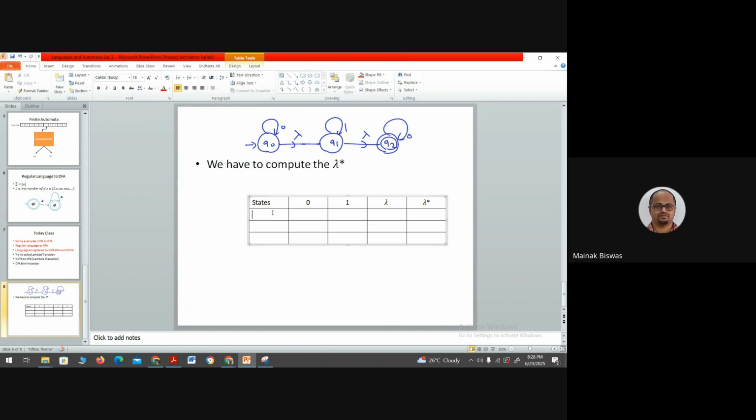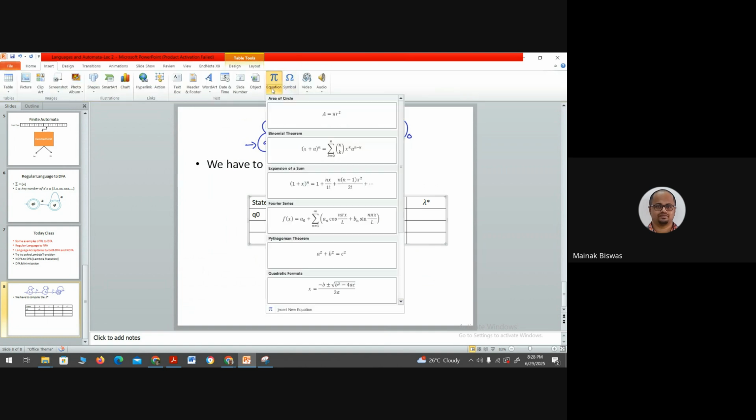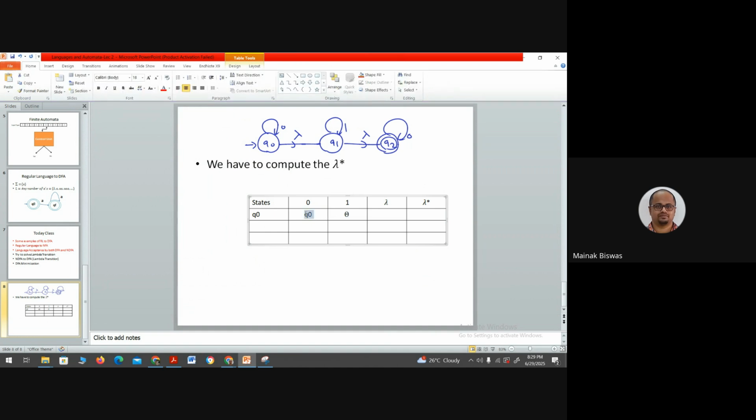So let us say I'm putting Q0. For 0, it goes to Q0 itself. For 1, it goes to null, right? So I'm using this symbol as null. Now for lambda, where does it go? It goes to Q1. So we'll put the 0, 1, and lambda all in here. For Q1 again, we'll see. For 0, it will go to